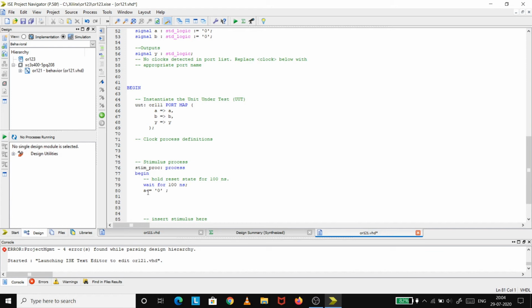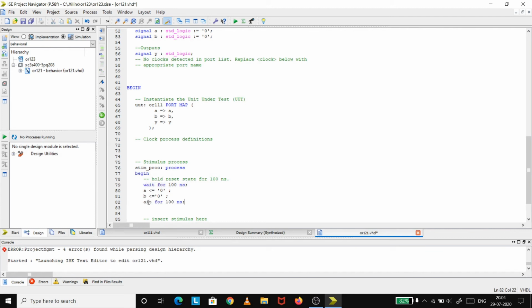So here A will be assigned the value of 0, B will be assigned the value of 0, semicolon. Wait for 100 nanoseconds. I will just copy from here, no problem.